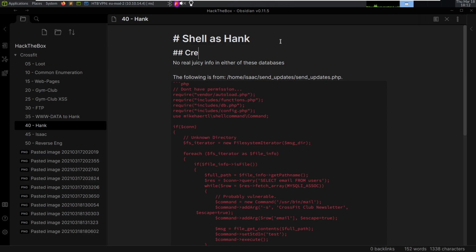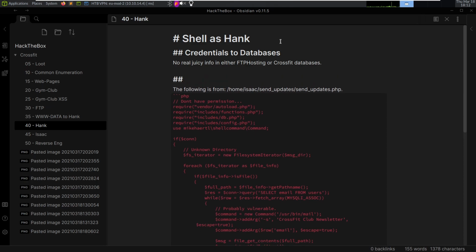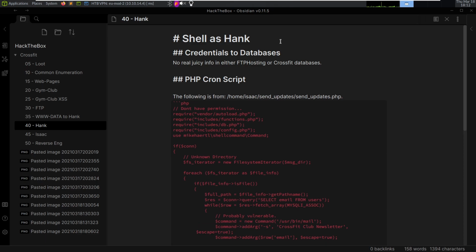So we'll say credentials to databases and either FTP hosting. No real juicy info found in either that or CrossFit databases. Okay. Then this will be PHP cron script. And we can say this one is vulnerable. So